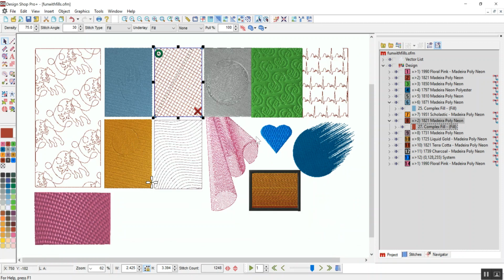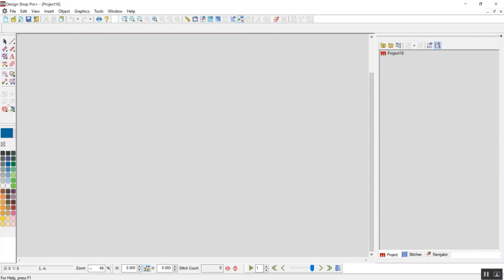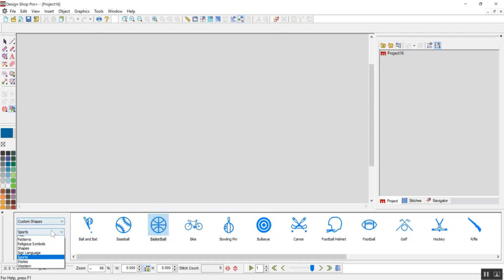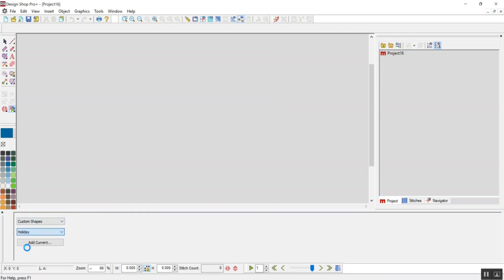What else do we have? So let's look at these shapes here. For the shapes, from a new file, right here you'll see a select automatic custom shape input. If you click on that, just dig through the menus and you'll find all kinds of things. Okay, so you can find designs, you can find,